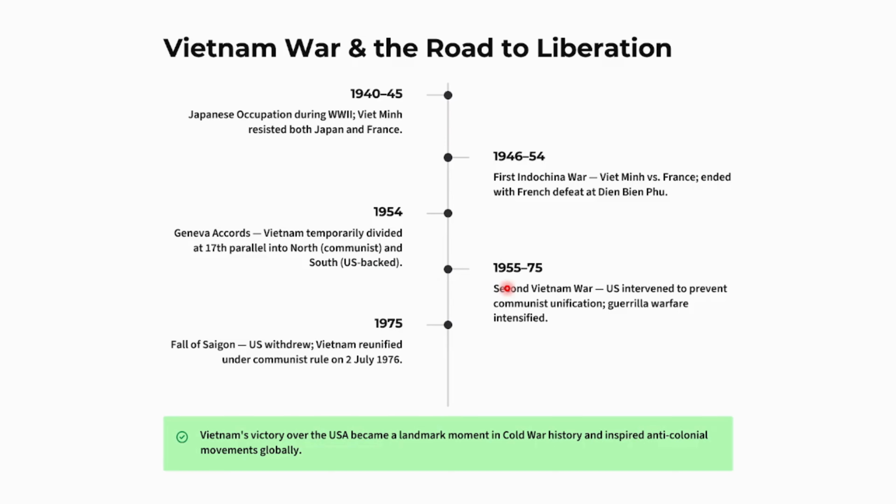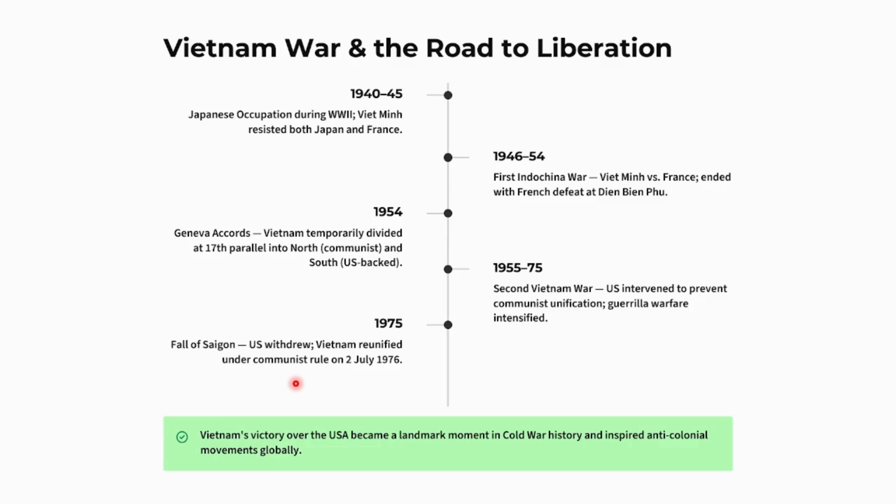So 1955 to 75, Second Vietnam War. So the US intervened to prevent communist unification. So guerrilla warfare intensified. So in 1975, fall of Saigon. Okay. So the US withdrew, and Vietnam was reunited under communist rule on 2nd July